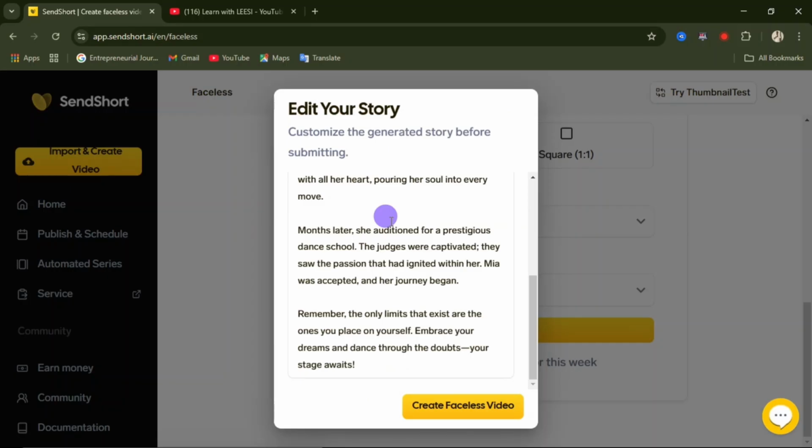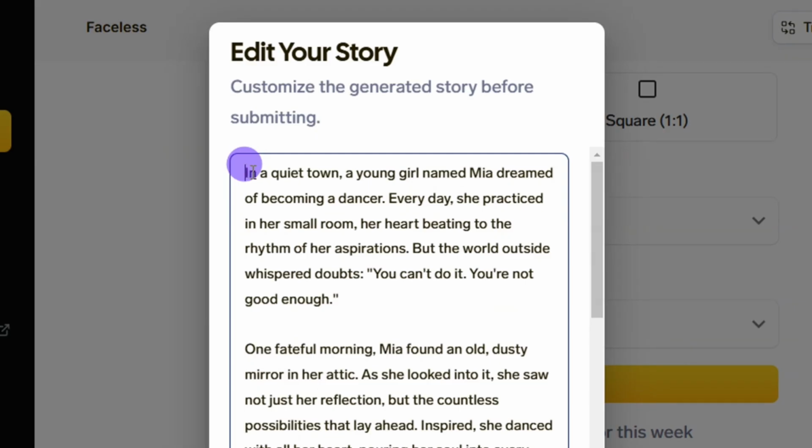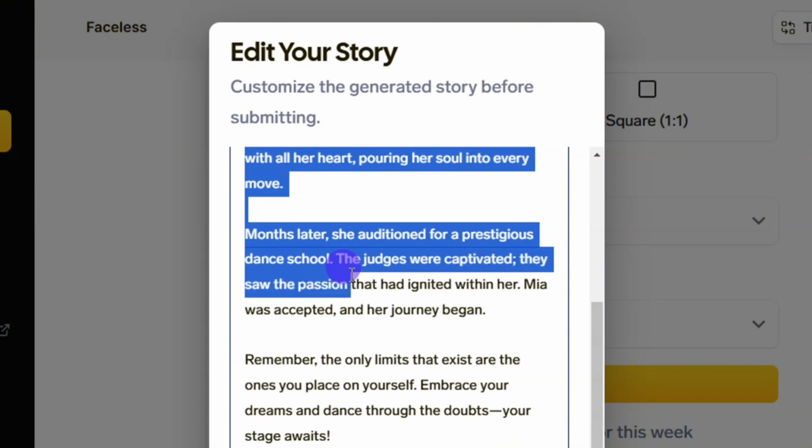So after you click on generate story, you are going to be given options. This is your script. From this place, you can customize the generated story before you submit. Inside here, you can also write your own script and paste it inside this particular place. If you are okay with the script you are given, then you can go ahead and click on create faceless